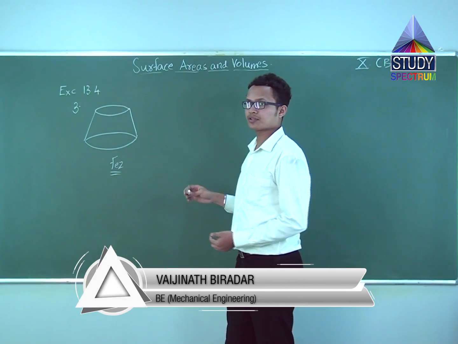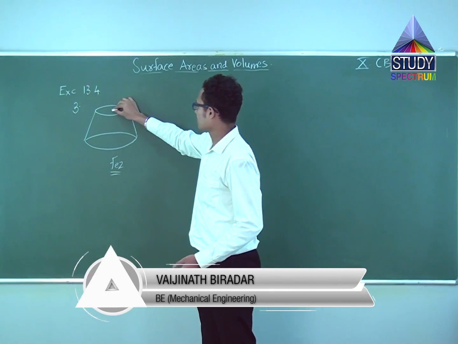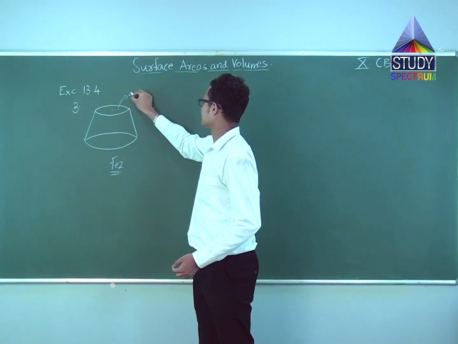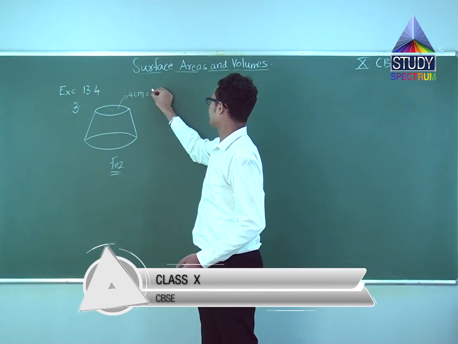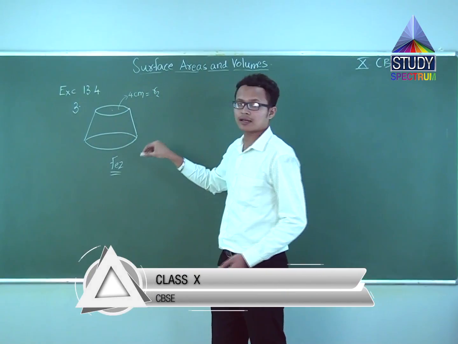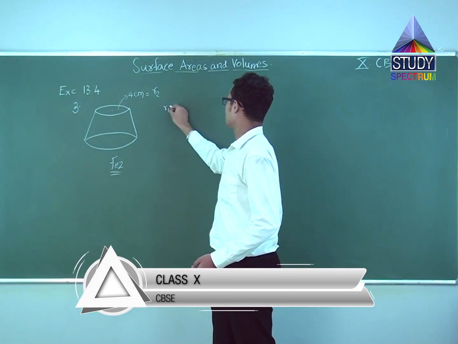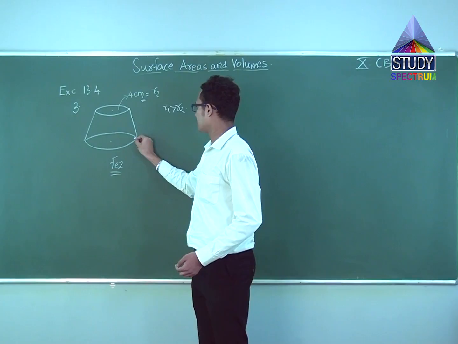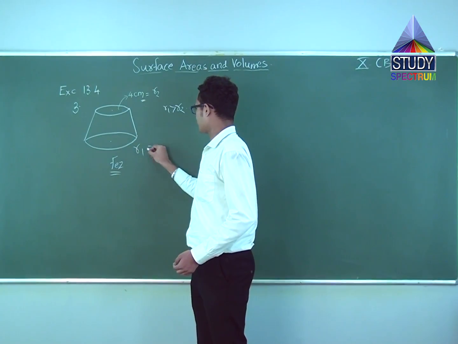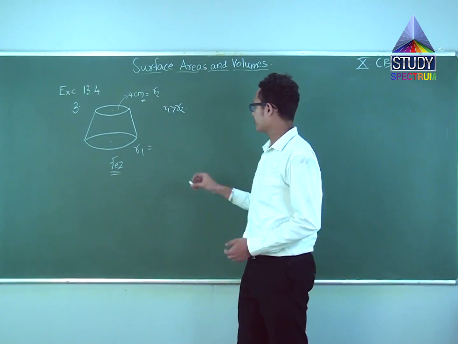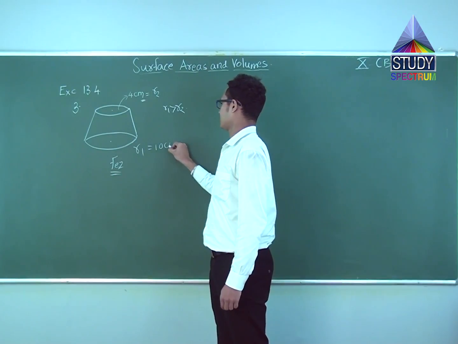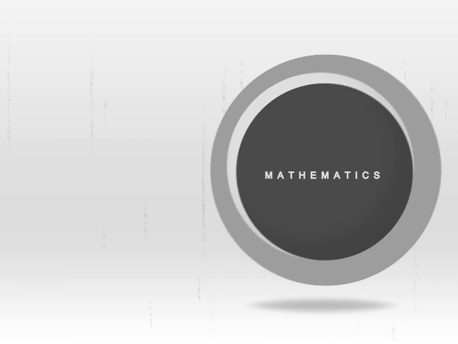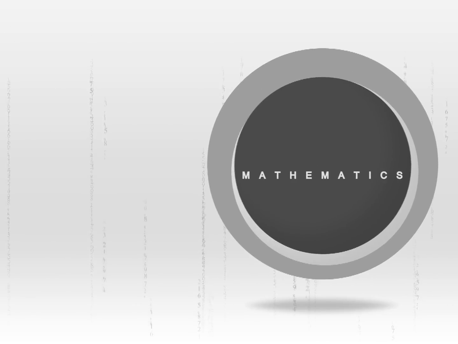Let me write the dimensions now. The radius of the top circle is given as 4 centimeters. Let me indicate this as R2. I always take R1 greater than R2. So this will be 4 centimeters. And this R1 is given as 10 centimeters. And slant